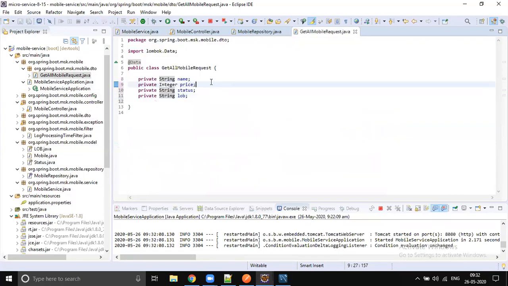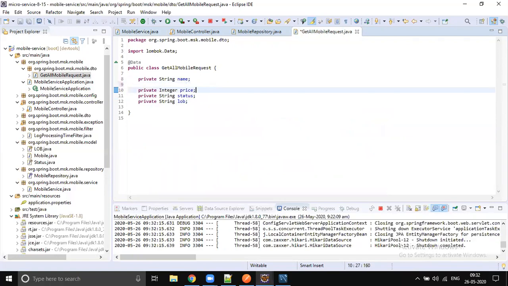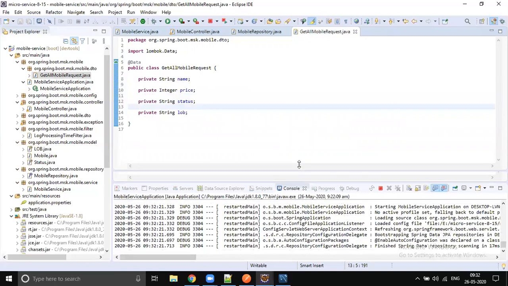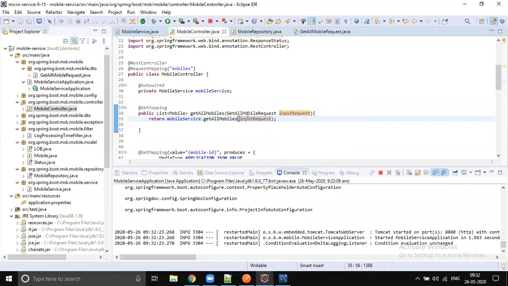So the default value for all class types is null. So null will be populated. Now let's test all these scenarios one more time. Now the code looks good, right? No more request param. That is not a good way of writing things.